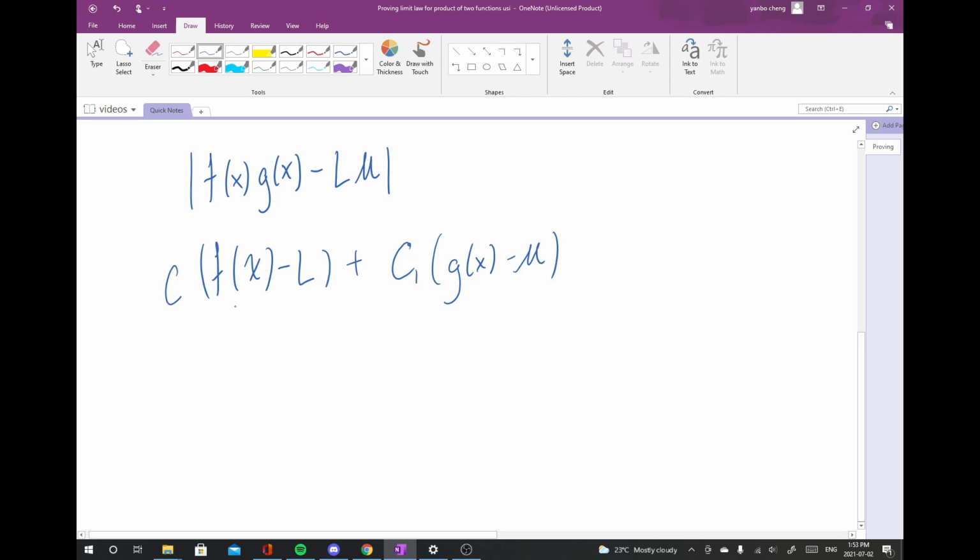This way we can set this as epsilon over 2c and this as epsilon over 2c1, and this will cancel out, this will cancel out, so it'll be epsilon over 2 plus epsilon over 2, which is epsilon, and then we'll have the proof. So we want to manipulate this equation, and to do that, we're going to write this